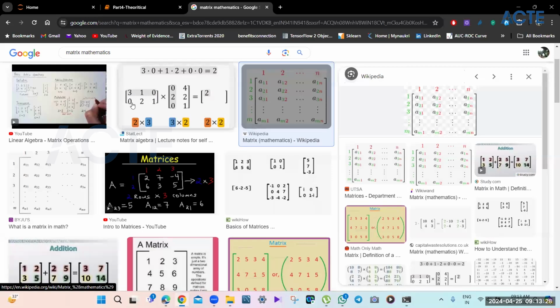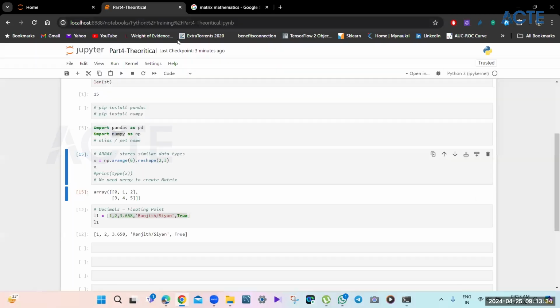This is a matrix. Now, an important question is, why do we need a matrix? The reason is, a computer knows only zeros and ones. Your laptop or desktop is only aware of a 0 and a 1. It does not know anything other than 0 and 1. So whatever is saved in a computer, this Excel file, this Jupyter notebook, whatever, has to be stored in some sort of format that the computer understands, which is at the end of the day a mix of zeros and ones, because a computer can process only that.